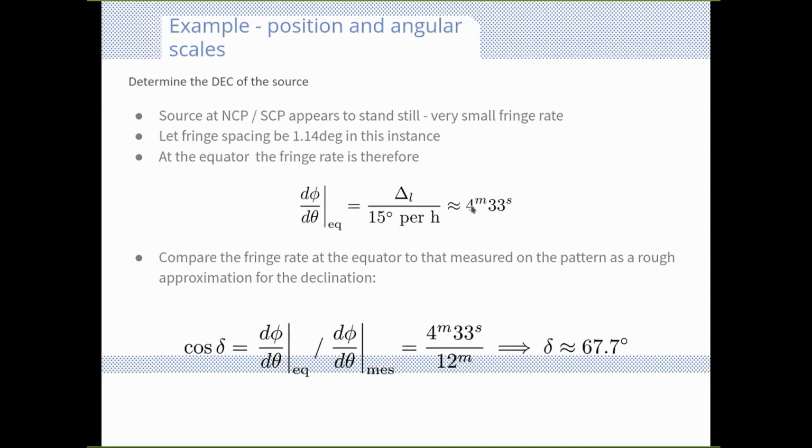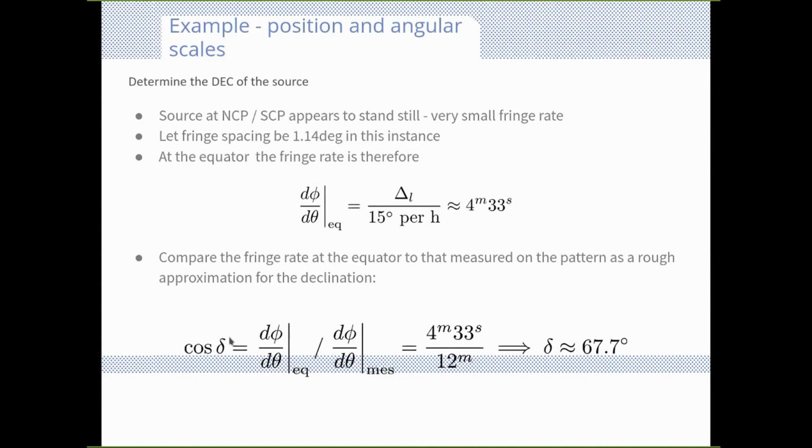And that gives us a rough estimation of the fringe rate at the equator, which is about 4 minutes, 53 seconds. Now, in combination with the fringe spacing, we also measure the fringe rate that is output by our interferometer. That fringe rate we measure to be 12 minutes, right? Now, if we compare that measured fringe rate to the fringe rate that we calculated at the equator, then we